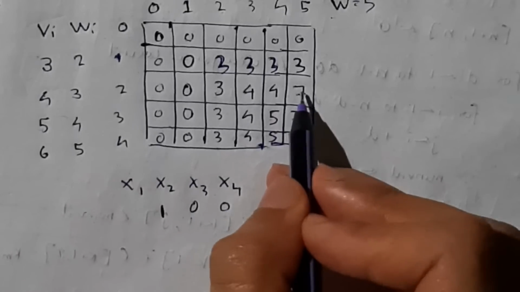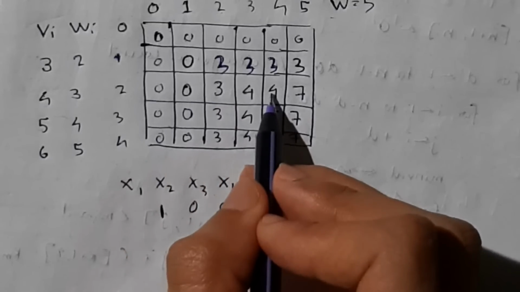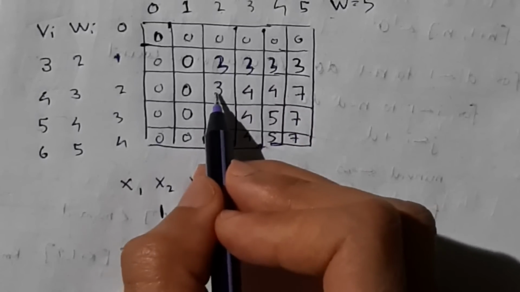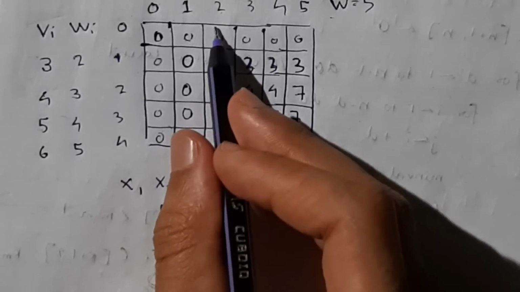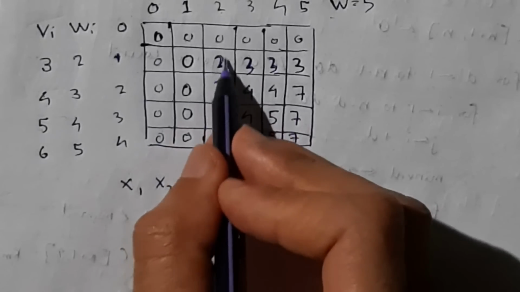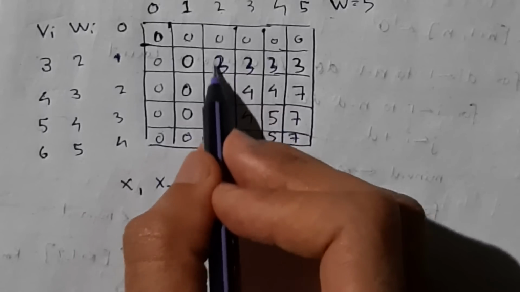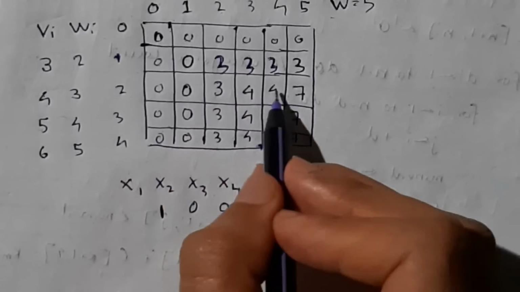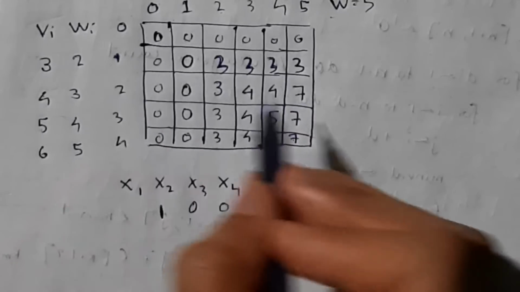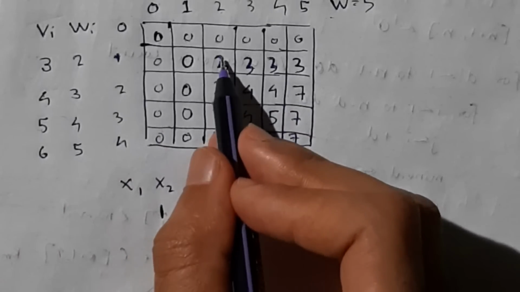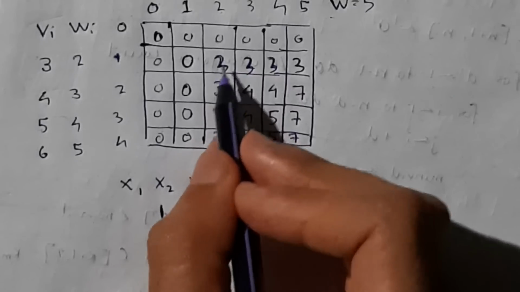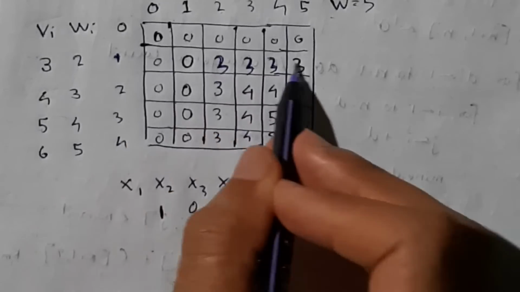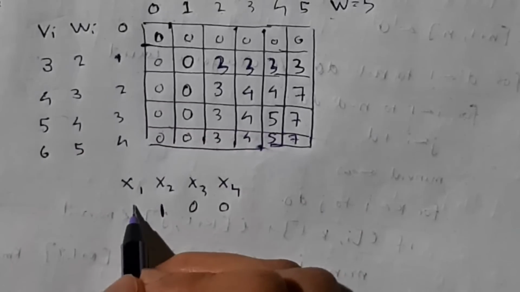Then after 7, what is the next least here? It is 4. Is 4 repeated here? No. Is 3 repeated here? Yes. Again, is 3 repeated here? No. So the second maximum element is 3, which is not in this row. See, in this row it was 7, this row is selected. Then the next element in the next row is 3, which is not getting repeated again. So here I'll be selecting this one, and at the place of 1 I'll be writing 1 here.